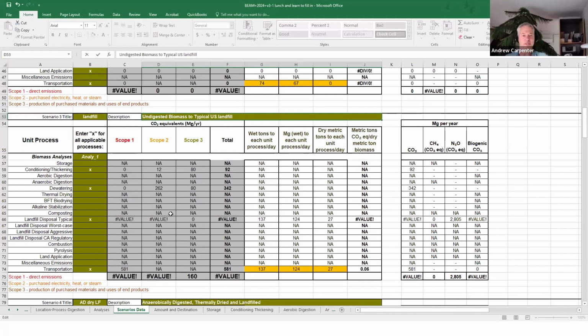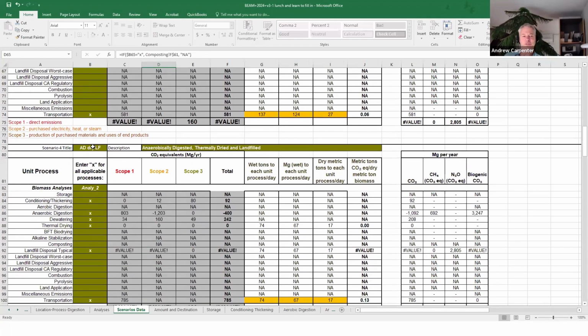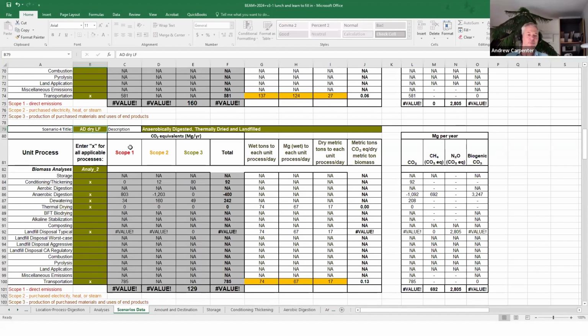Told you guys I wouldn't be typing that stuff in, but there we are. And then in our last one, I wanted to look at also going to a landfill, but the difference if you anaerobically digested, then dried that material thermally, and then took it to a landfill. So I've got those pre-filled in for this last one. We've got conditioning, thickening, anaerobic digestion, dewatering, thermal drying, disposal at a typical landfill, and then